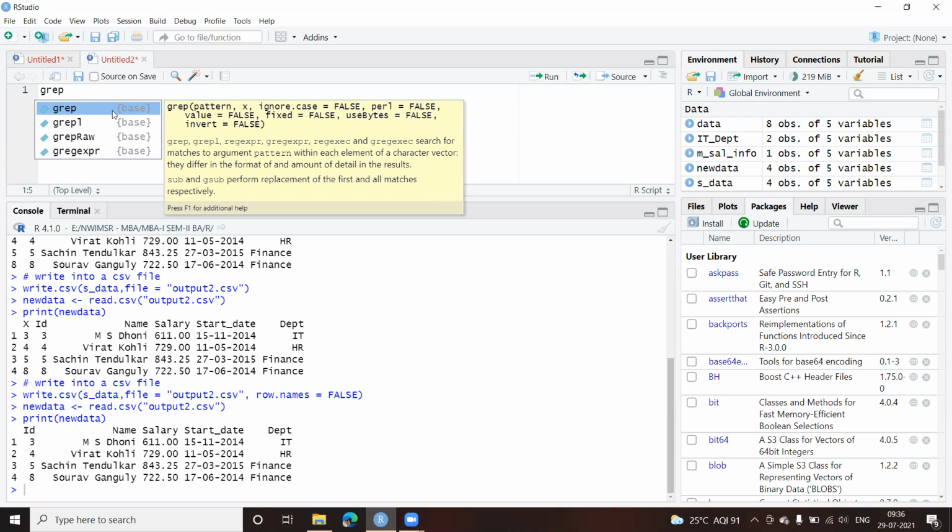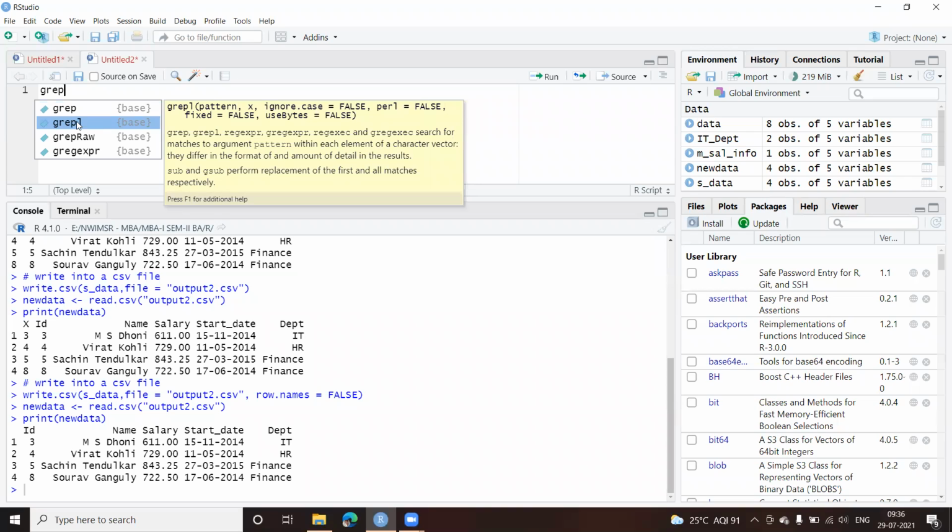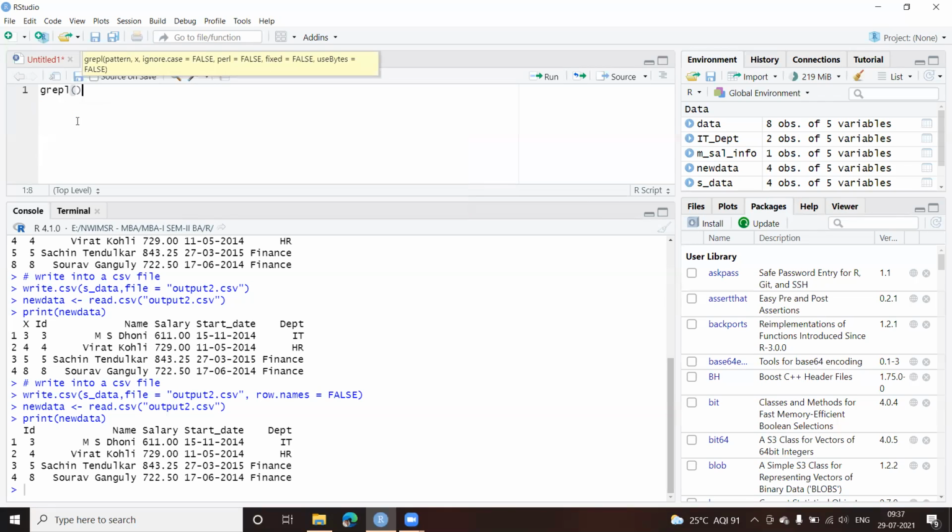So I won't be using grep, let us use grepl. Inside this, I have to specify what I want to search for. I am searching for the package xlsx, that is the package name, and I want to search in my installed packages.